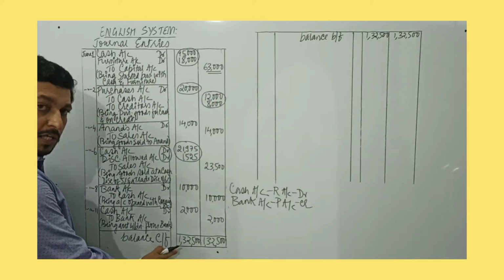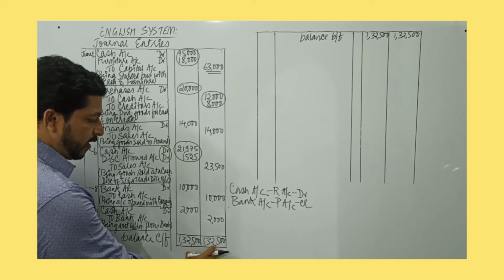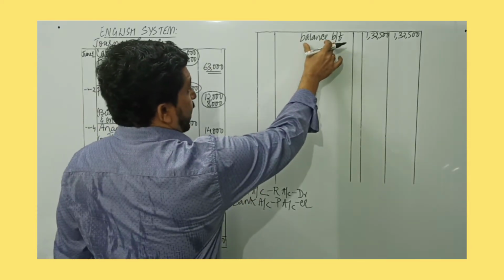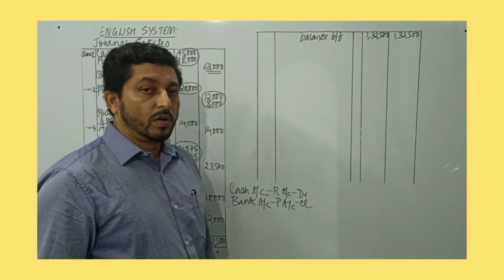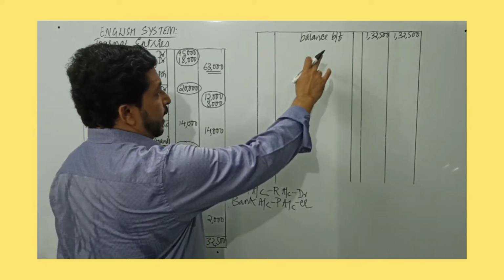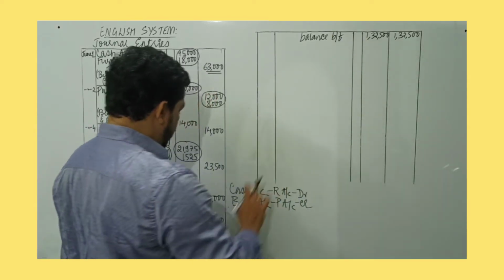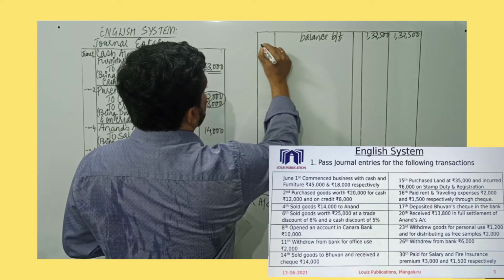So at the end of the page, you are going to record balance carried forward, total of the debit and credit amount. Same thing on the next page, you are going to write balance B slash F. B slash F stands for brought forward. So previous page it is carried forward, and the next page it is brought forward, and the amount is same, 1,32,500 itself. Let's move to June 14th.